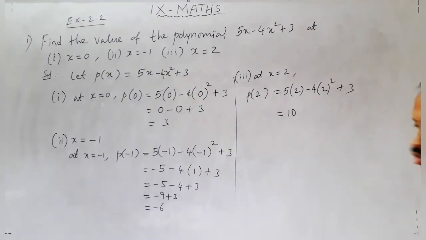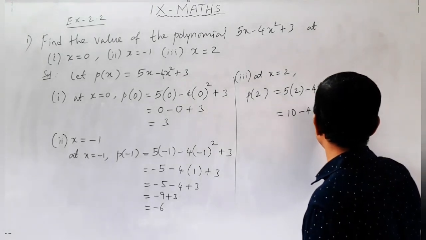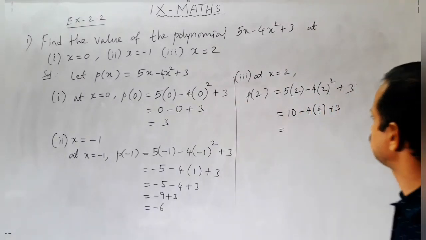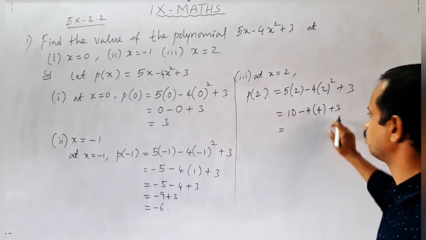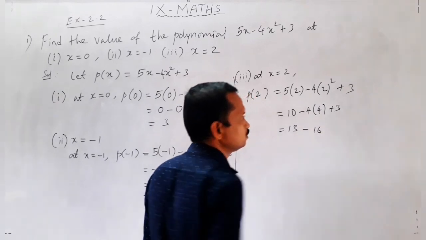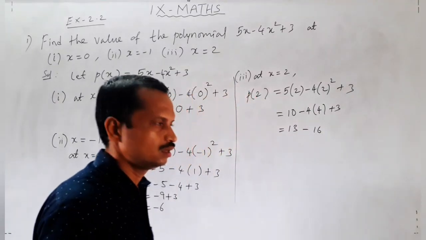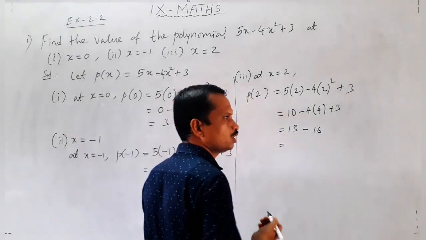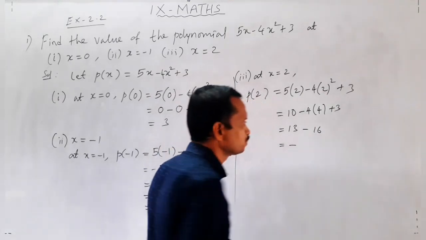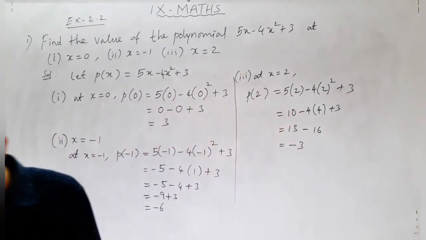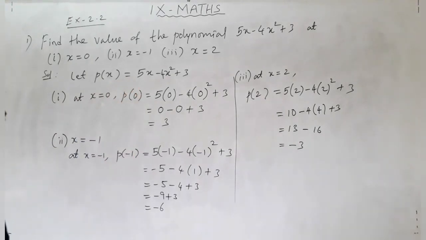2 square is 4, so minus 4 into 4. Proceed step by step, then only you won't make a mistake. So 10 plus 3 is 13, and then minus 4 into 4 is 16. Positive values we just add; the negative value is only one, minus 4 into 4, minus 16. Which is the bigger value, positive or negative? Negative, so put minus. The difference of 16 and 13 is 3. So this is the way of finding the value of the given polynomial at the given value of x. That's all.